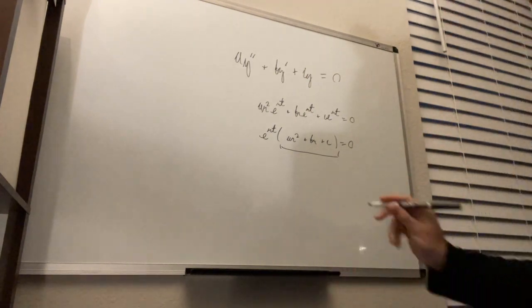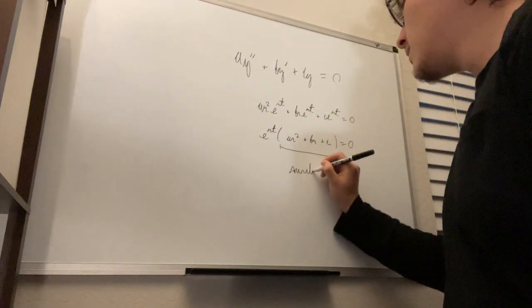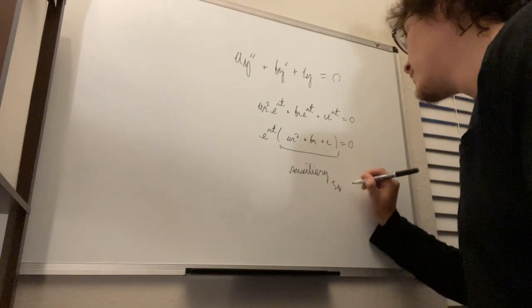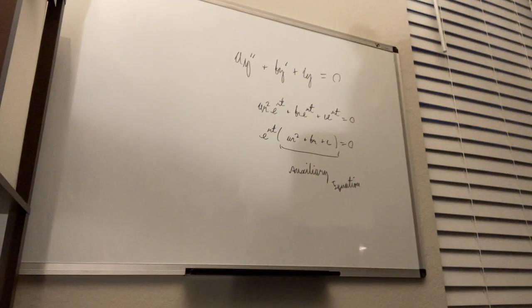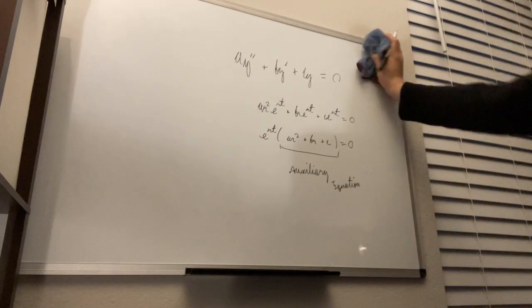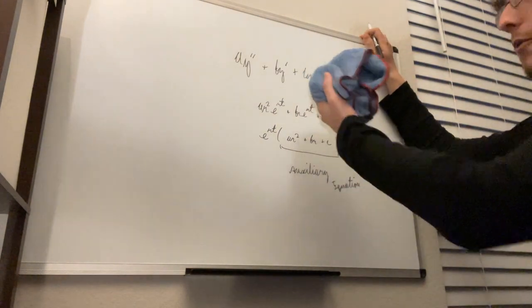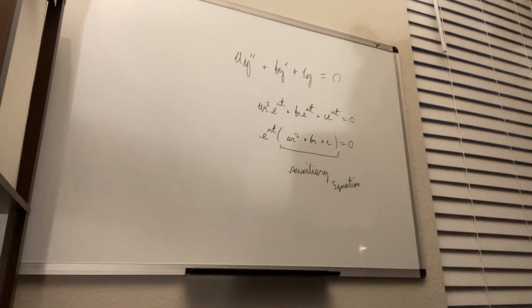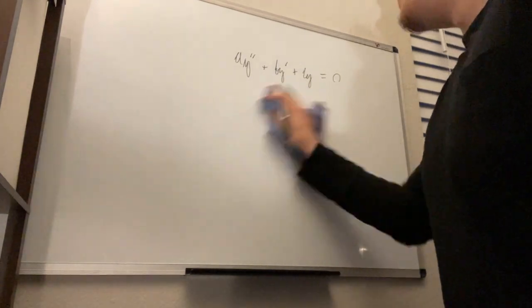This is what we call the auxiliary equation. The auxiliary equation is mainly used to find roots for specific parts of the solution, and it's mainly used in cases in which the original equation is not homogeneous. So this is an important equation that we use, and this is how we derived it. So we have the homogeneous equation,